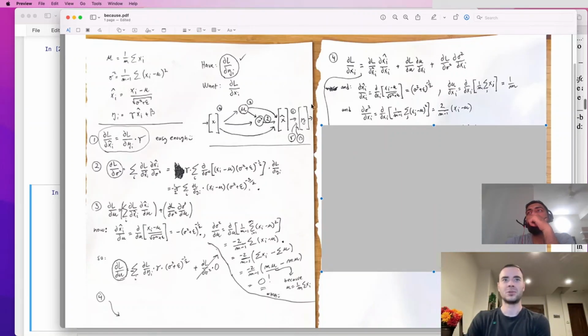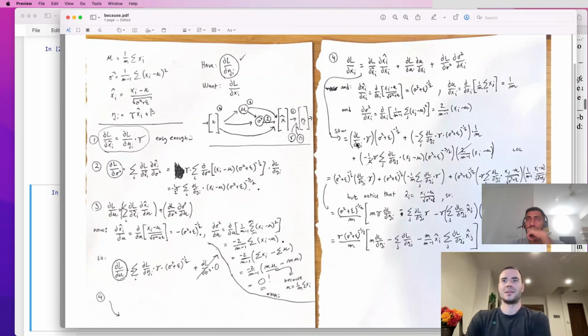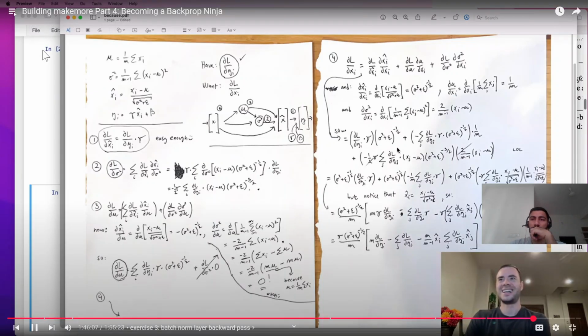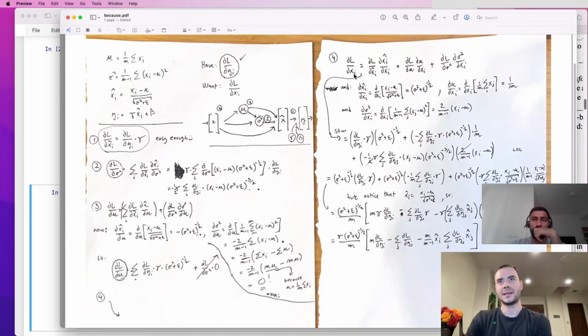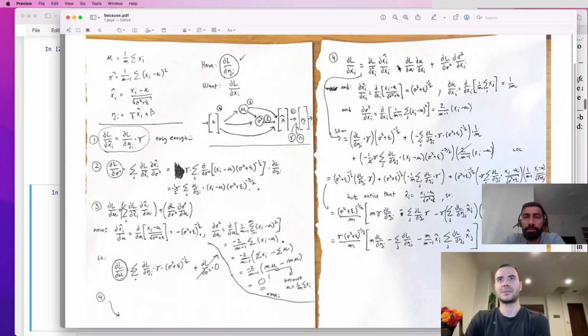So all of these terms multiplied with all of these terms and added up according to this formula. And that gets a little bit hairy. So what ends up happening is you get a large expression. And the thing to be very careful with here, of course, is we are working with a dL by dxi for a specific i here. But when we are plugging in some of these terms, like say this term here, dL by d sigma squared,